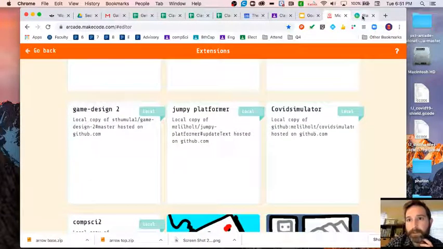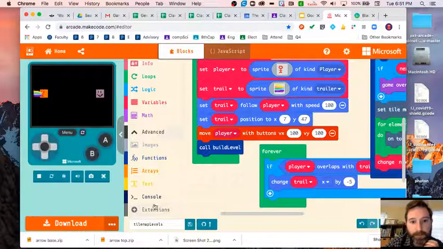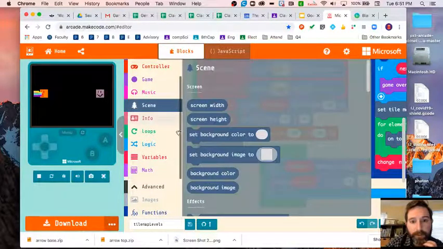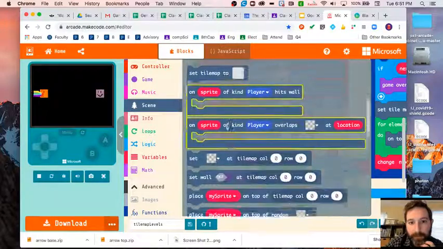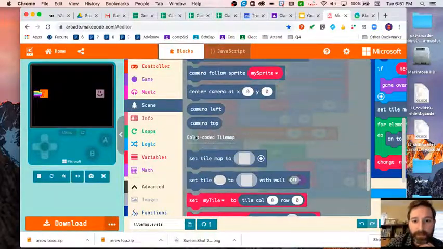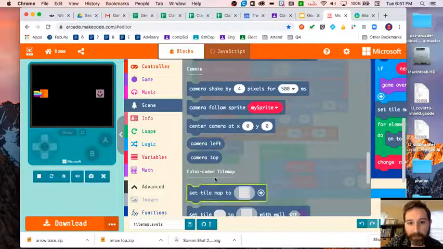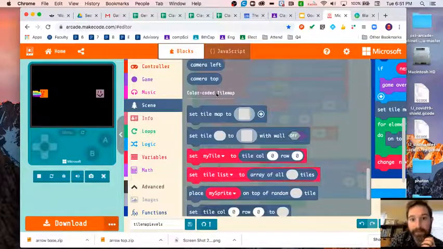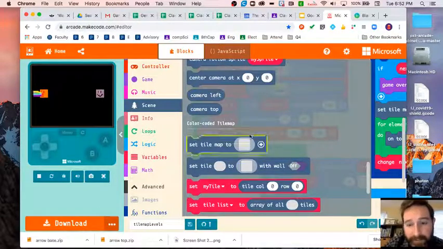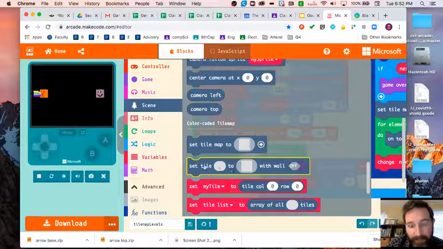Color tile map. Let's just take a look here. Color coded tile map is the name of the extension you'll want. So that's step one. And then you'll have this block here that you can